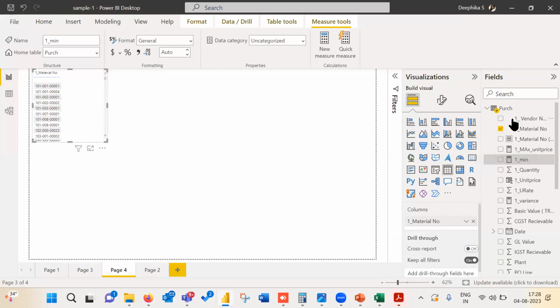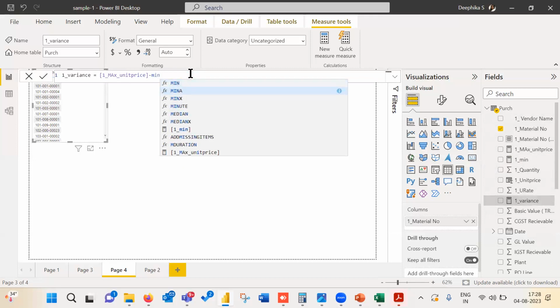U rate is the rate there in the data set, maximum unit price. Now, use purchase unit price. Measure formula variance, maximum minus minimum. This is variance.